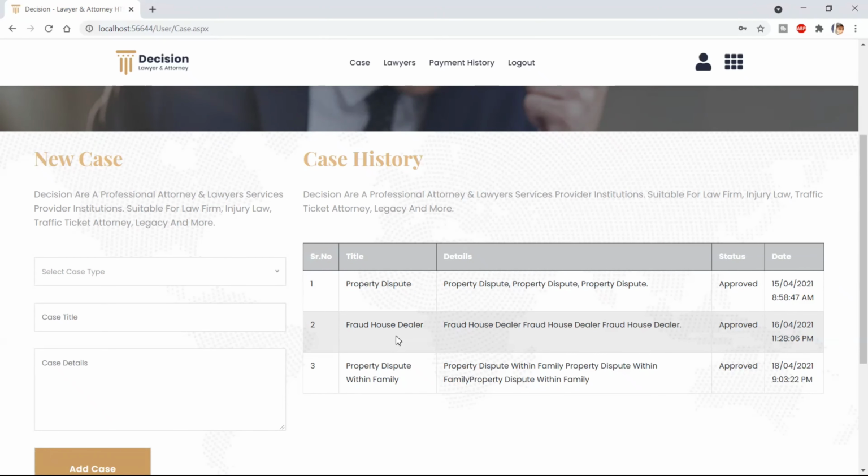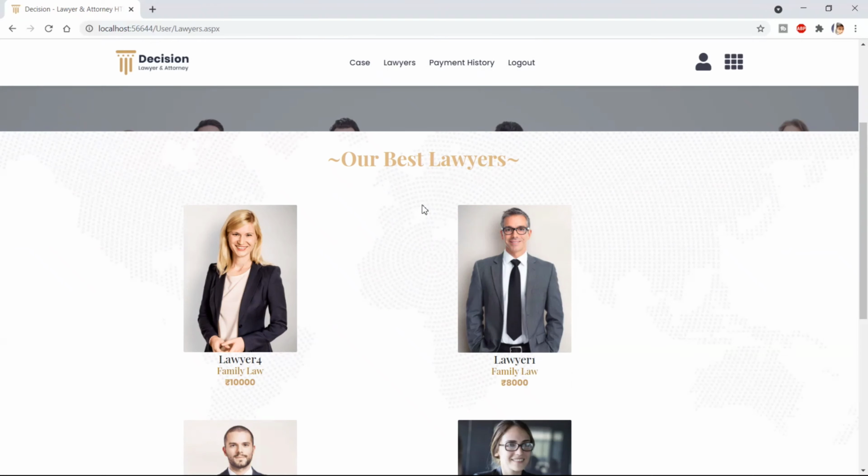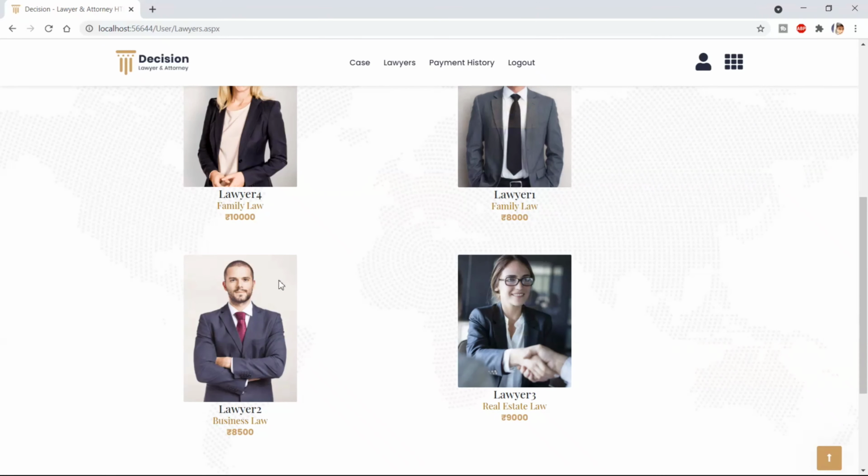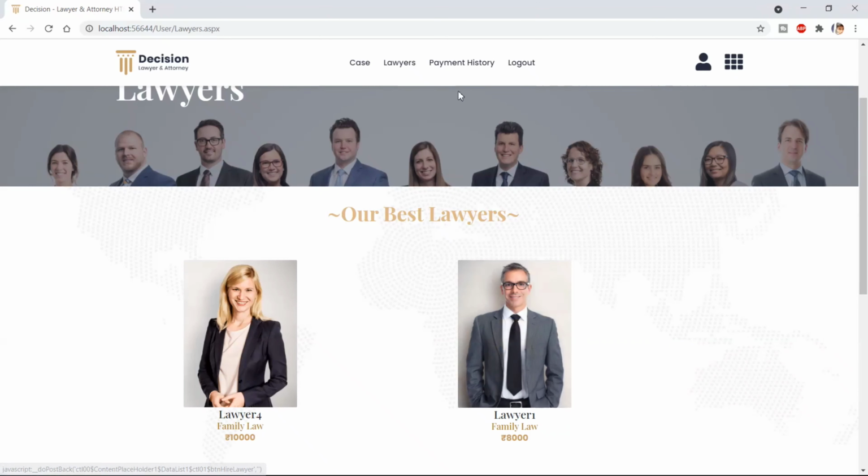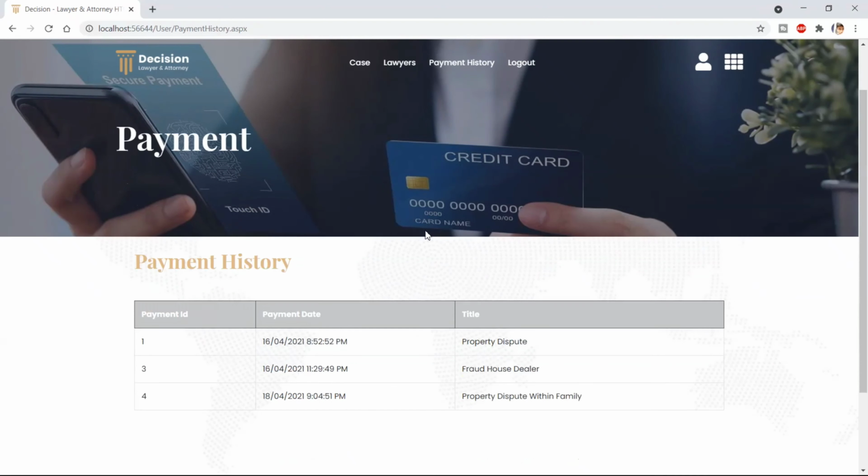So there is no new case for this user. Let's see the pages that the user has. This one is the case page, and the other one is the lawyer page where you can find the lawyers. Okay, payment history,